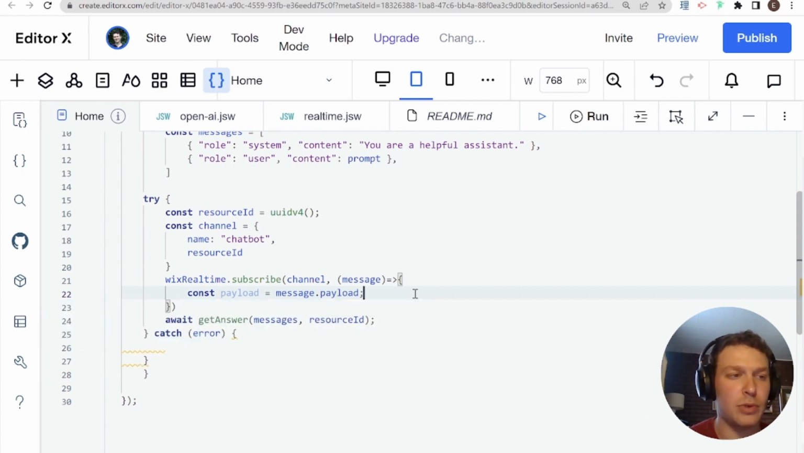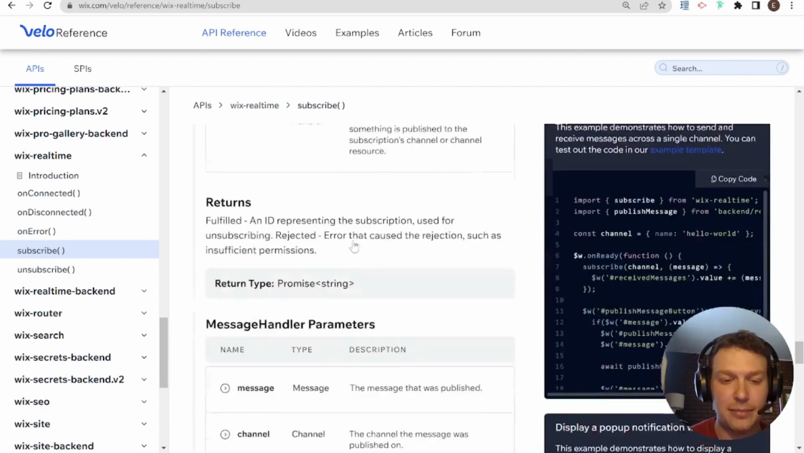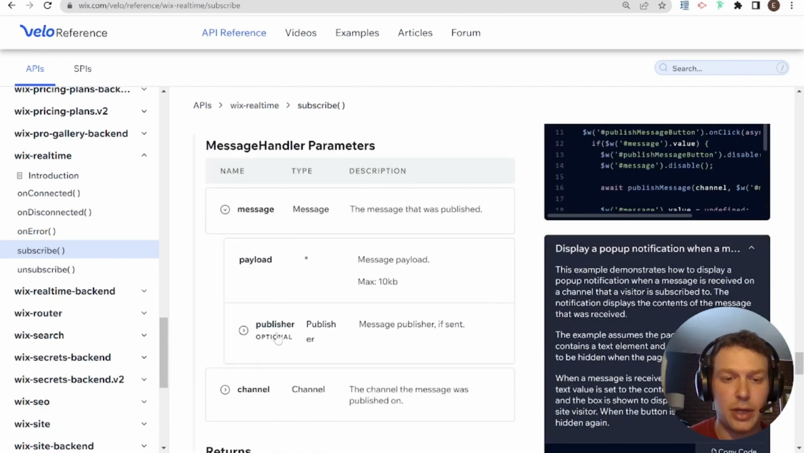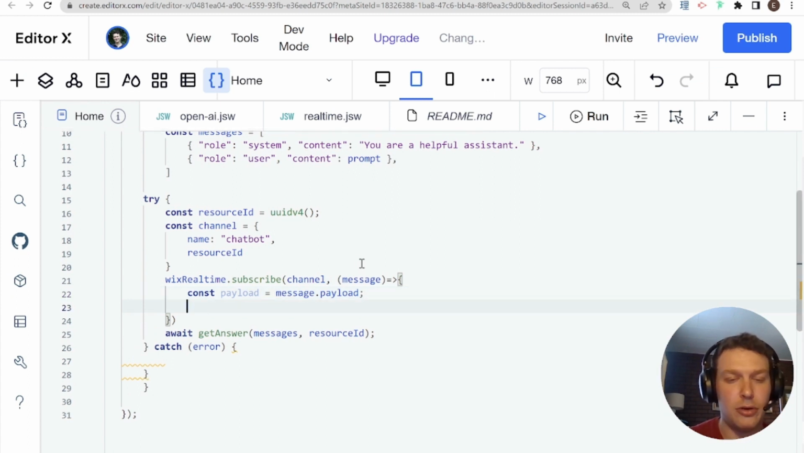Okay, this is a Wix real-time thing. So this message comes back with, let's take a look over here what it comes back with exactly. So it comes back with payload and publisher. Okay, so we just need this payload. And if we take a look over here, so we're going to take this payload, and before we even